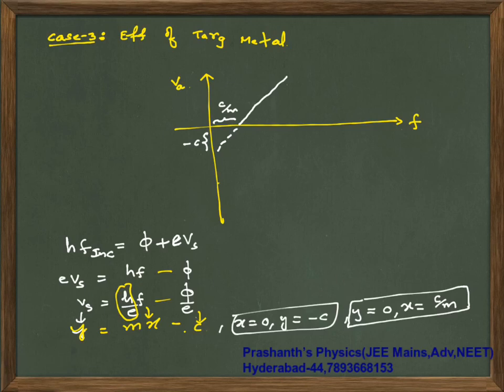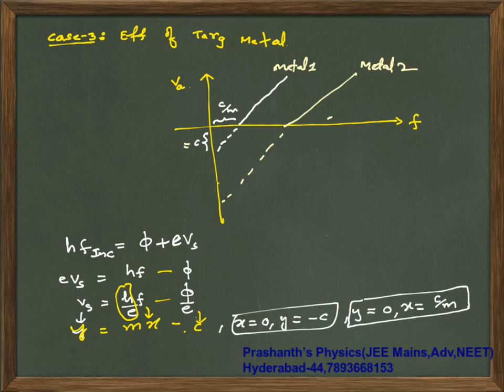Okay, your c is your work function. It is below the x-axis. I don't need to keep the minus sign once again, but it is like this for a general curve. Now if there are two different metals, this is metal 1 and this is metal 2. For different metals, the intercept will be different because your work function is different.